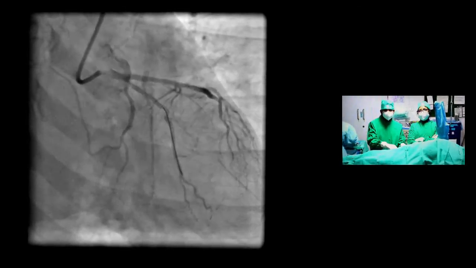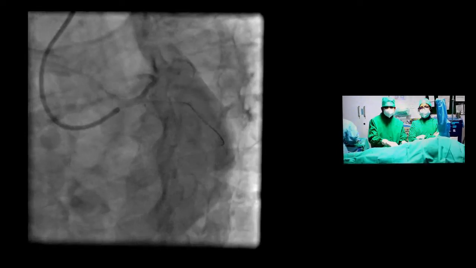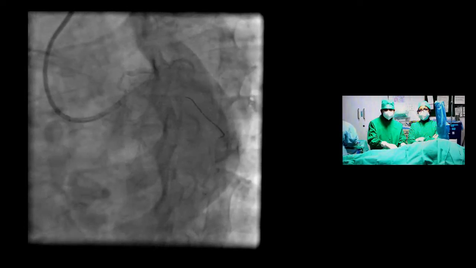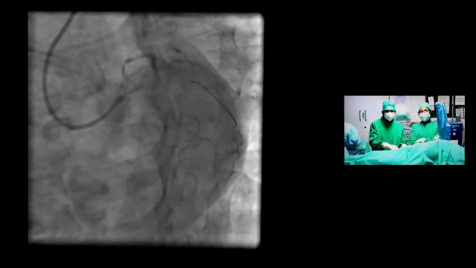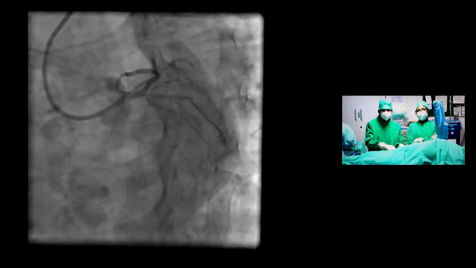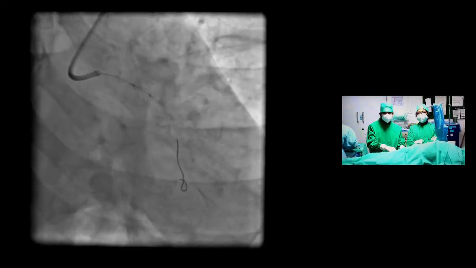After the RCA angioplasty, we came to the circumflex. So we dilated the circumflex. As you have noted, the circumflex was a tricky lesion because we had to stent from the ostium of the circumflex. It was a 2.5 vessel, but it was showing 90% stenosis. So we decided to stent from the ostium of the circumflex.